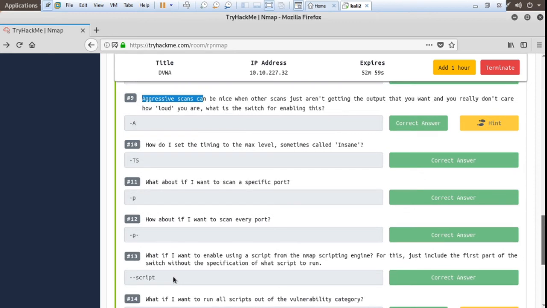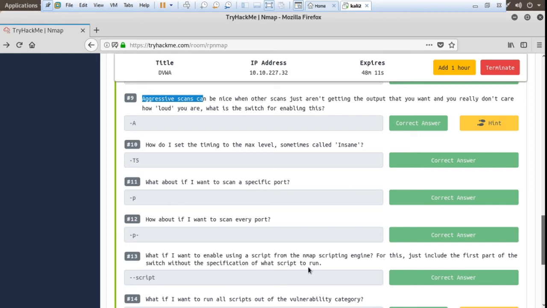Next question: what if I want to enable using a script from the Nmap scripting engine? For this, just include the first part of the switch without specifying what script to run.